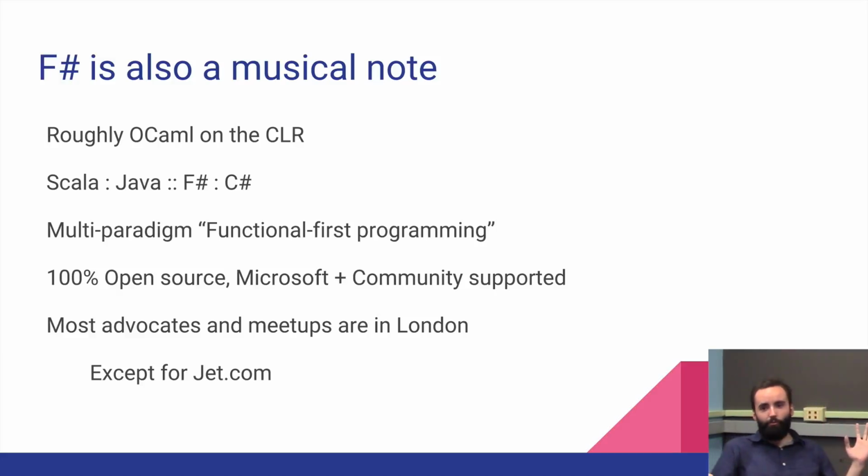It's 100% open source, so it was the first Microsoft thing to go open source. I don't know if you guys follow Microsoft open source things, but a lot of their things are now going open source. F# was the poster child and led the road on this. So the entire F# compiler is open source. The entire language spec is open source. A large number of the contributors for the RFCs into the language are outside Microsoft, even though a lot of the tooling and things are supported by Microsoft. So it's an interesting engagement.